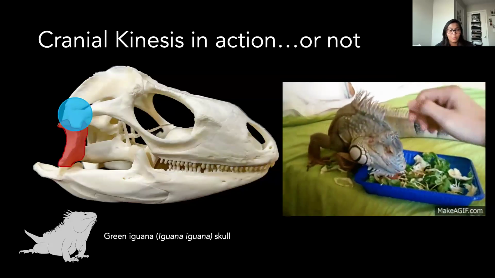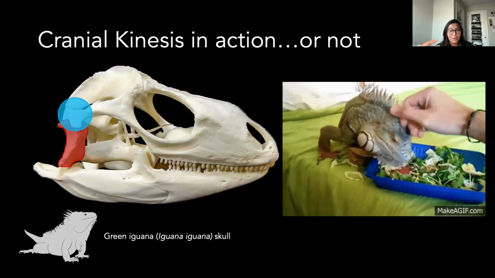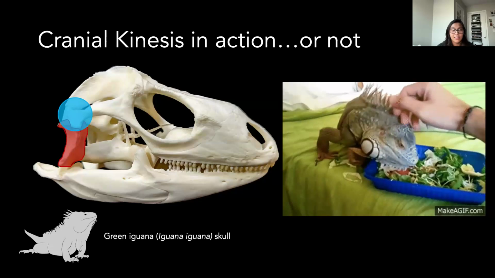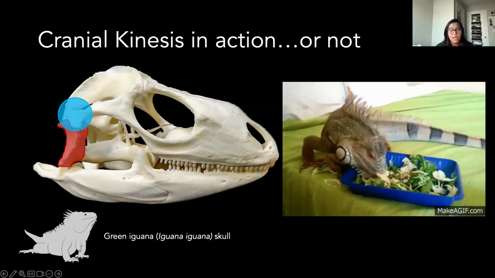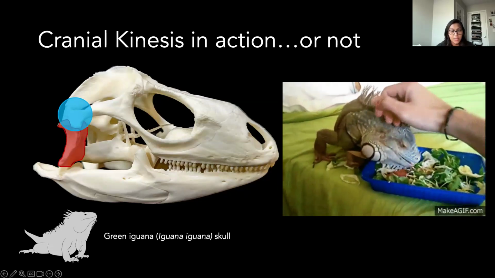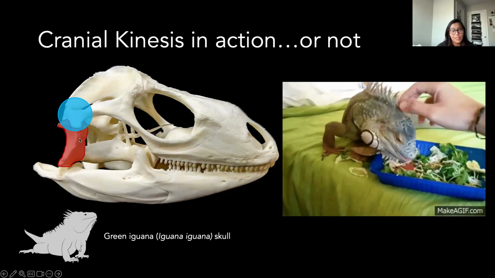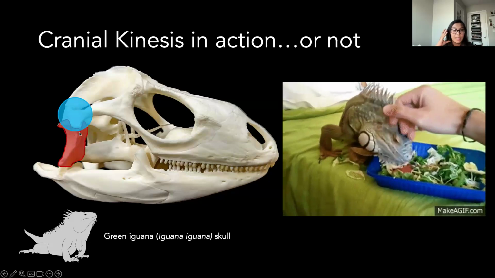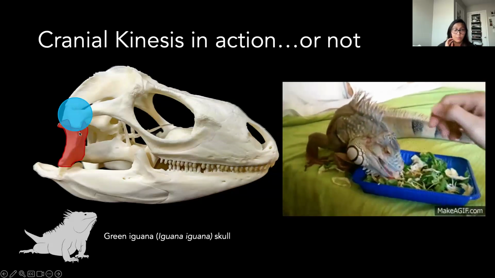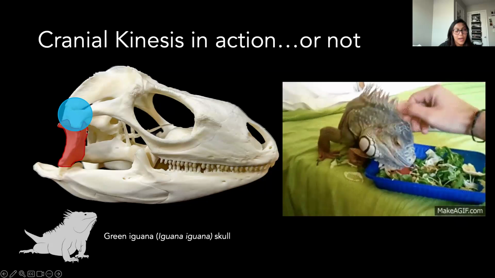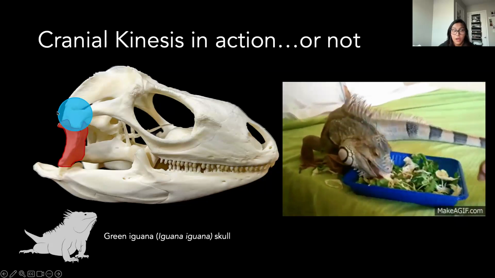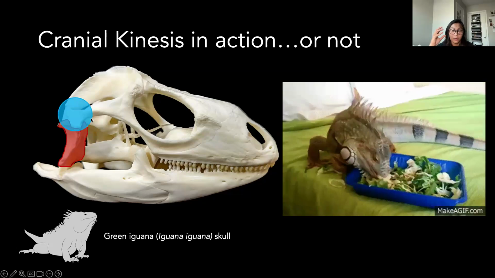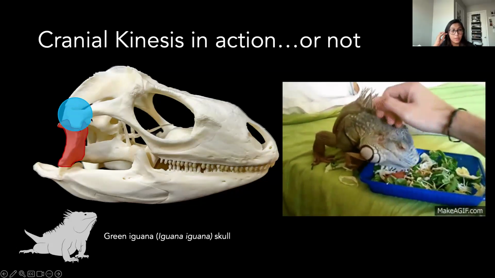And so if we observe how squamates eat and how they behave when they're eating, we can see how that reflects their cranial morphology. So this is an iguana skull here. I have their quadrate outlined in red. That is the bony element that is suspending the lower jaw from the skull. And then in blue, I have that joint. It's called the otic joint, but that is where the streptostyle, the movement of the quadrate along the cranium,